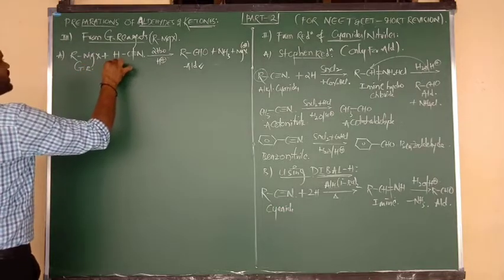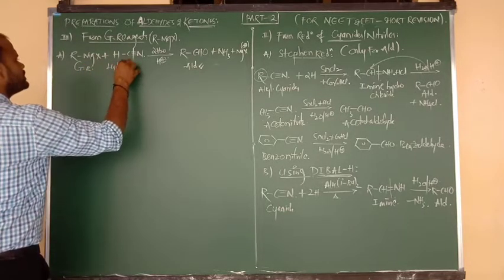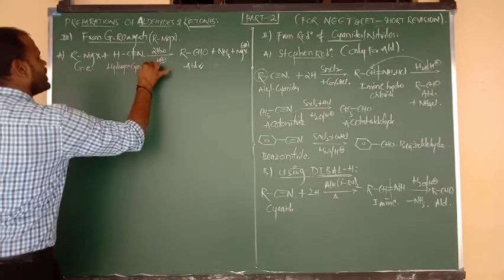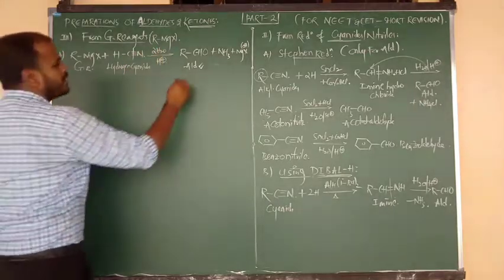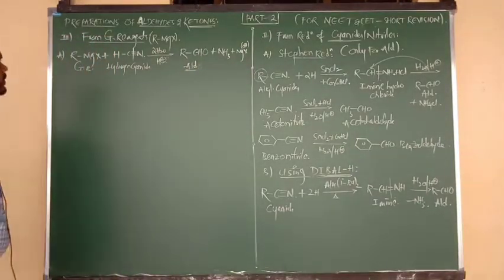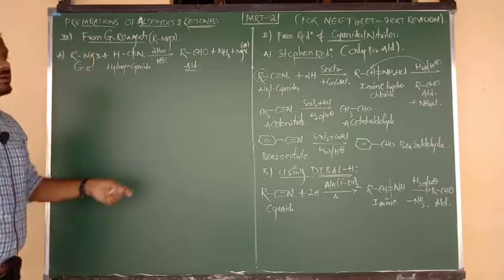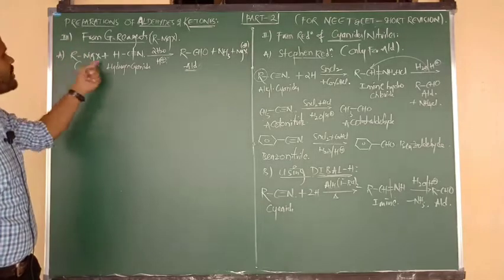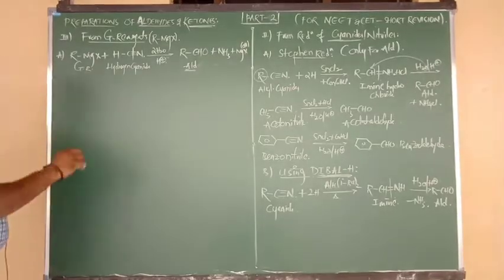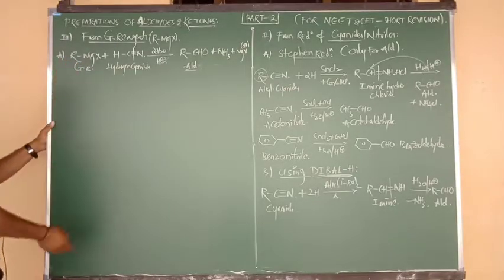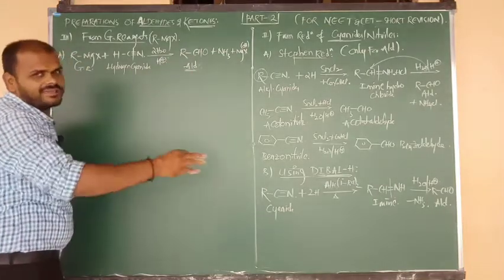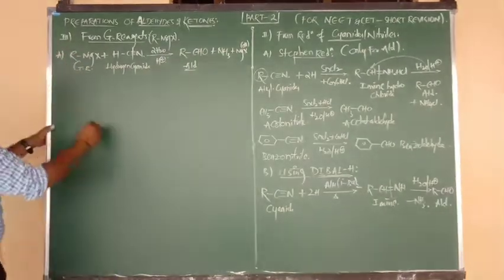So RMgX is nothing but a Grignard reagent. It upon reaction with hydrogen cyanide, and followed by hydrolysis in acidic medium, is going to form the product. The product is nothing but what, beta? Aldehyde. Example: methyl magnesium bromide gives acetaldehyde. Phenyl magnesium bromide gives what? Benzaldehyde. Like that you can prepare the products. Once again, in place of CH3, acetaldehyde; in place of benzene, benzaldehyde. Like that, all different types of aldehydes you can prepare now.